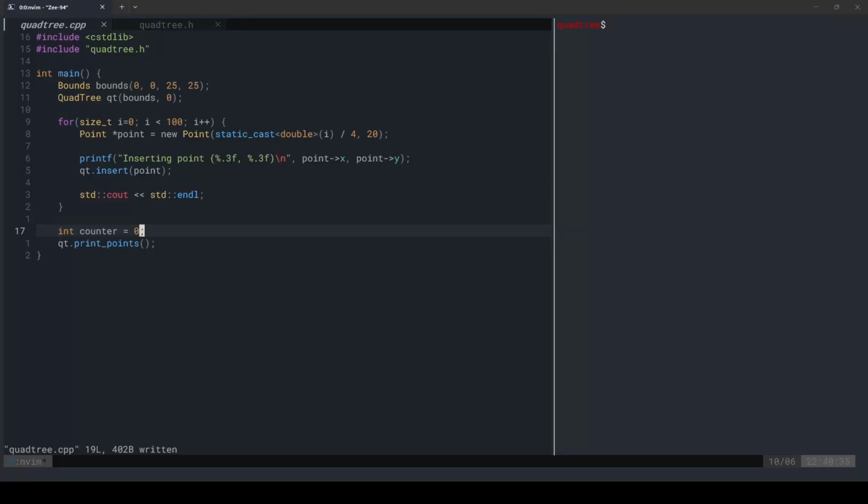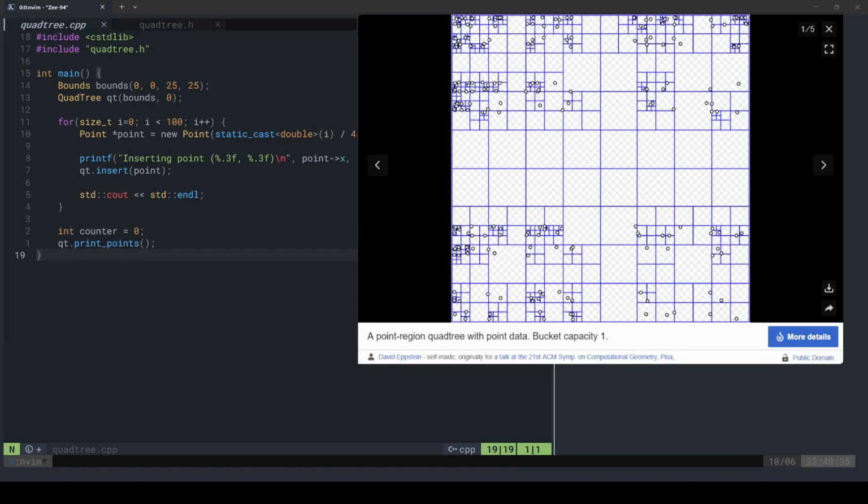All right, welcome back. Today, I thought we're going to continue our QuadTree project, and I thought one quick improvement that we can add is to have a GUI which shows what the QuadTree structure actually looks like. So if you remember from the previous video, we had a QuadTree structure that looked like this. This was a representation of a QuadTree for point data, which is very similar to what we've built. So I thought it would be nice if we were able to build something like this out